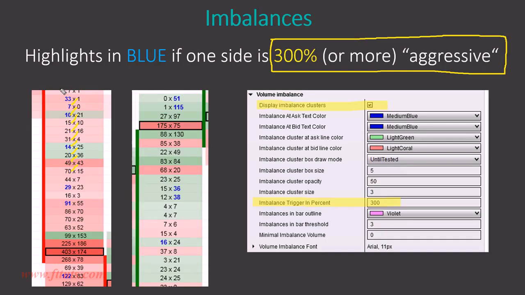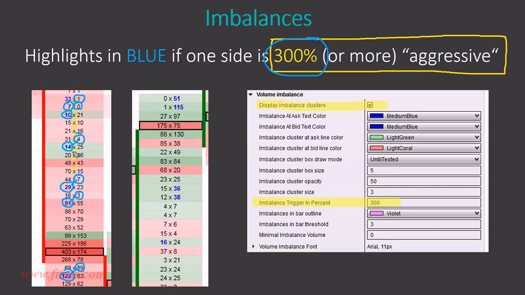And a selling imbalance appears when this number is 300% or more times bigger than this. In other words, 3 times or more bigger than this. So 7 is 3 times or more bigger than 1, all right? 10 is 10 or more times bigger than 0. Now 14 is 3 or more times bigger than 4. 29 is 3 times or more bigger than 7. 99 compared to 3, and you also compare 122 to 39. You always compare those numbers,